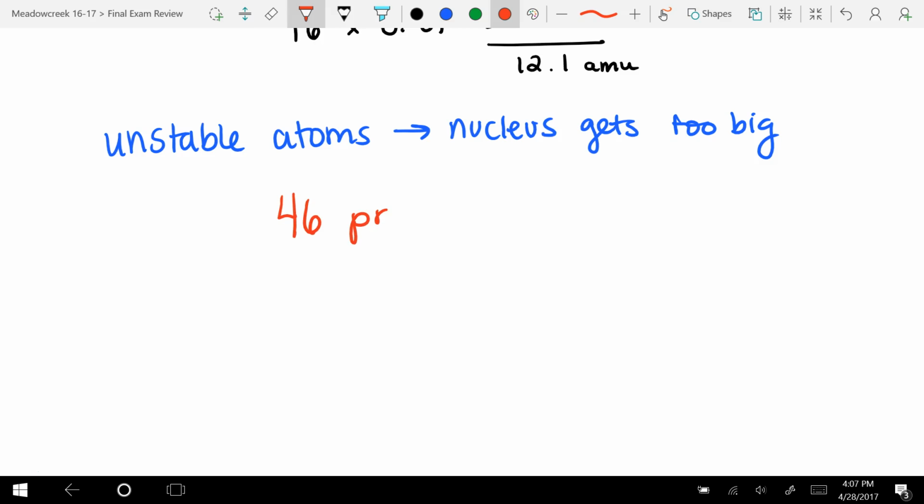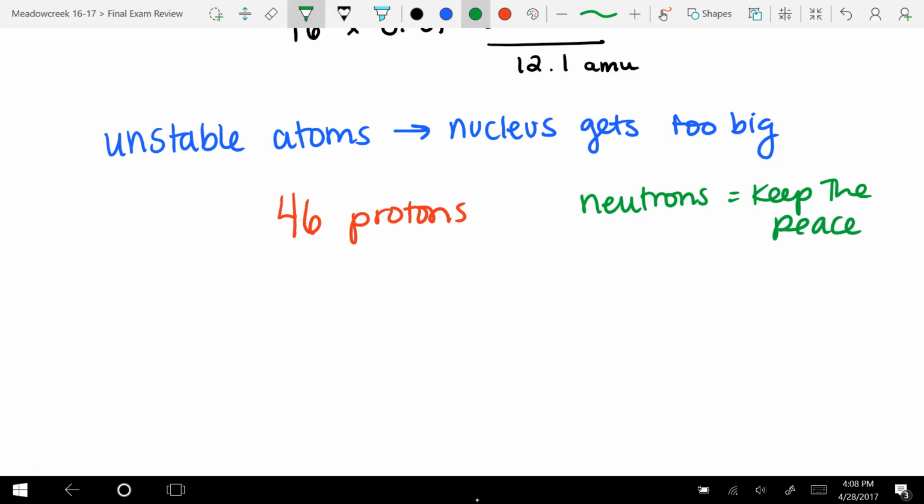46 protons and they are all around each other, positive things repel other positive things. It's kind of like two ends of a magnet. So the neutrons keep the peace in the nucleus, which is why something with as high as 46 protons, which is palladium, has almost double the amount of neutrons. It requires a lot of neutrons to keep the protons from completely repelling each other and breaking